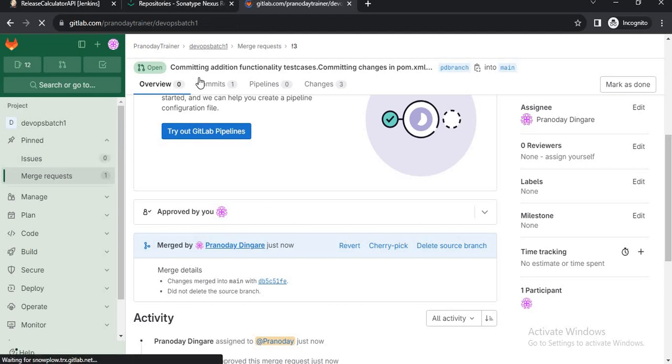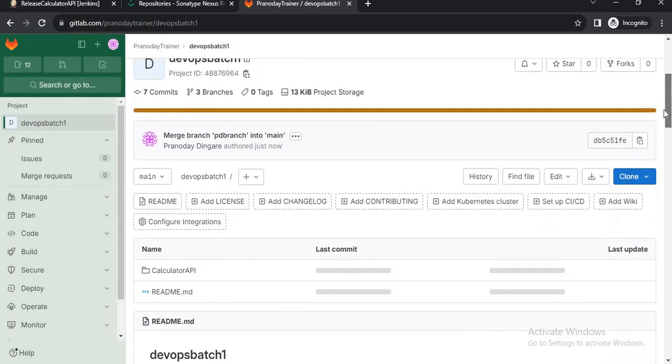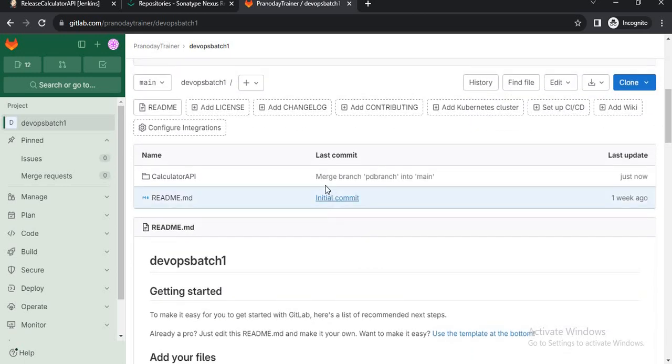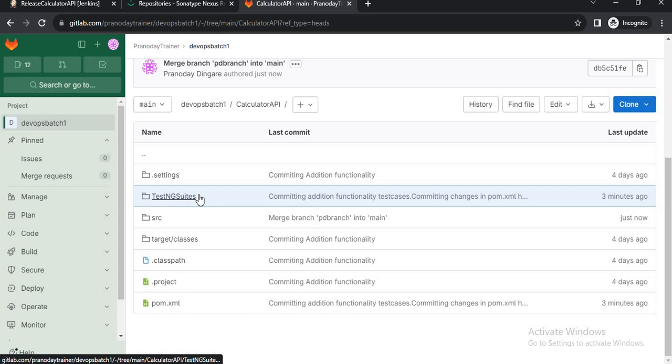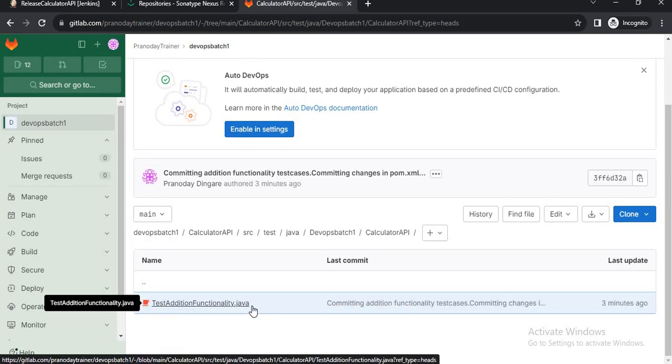Let me go and check our main branch. Yes, perfect. So we have got it. Now let's go inside. Yes, so our TestNG suite is there now, and this is our commit message. Inside src test Java, this is our new commit, a test case, test addition functionality. Now we have committed our changes.